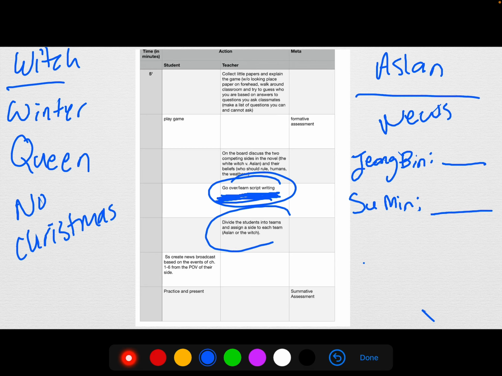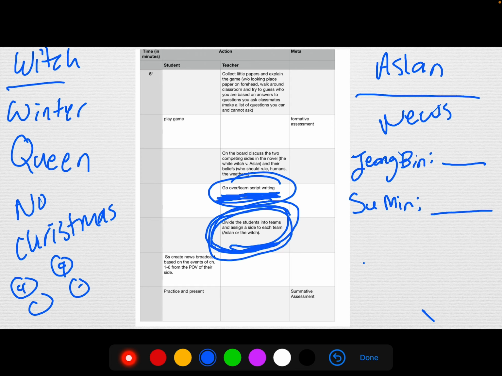So then I'll divide the students into teams and assign a side to each team. So if I have 4 groups of students, 4 groups of 4, if it's a small class, or maybe whatever, 20 students and there's groups of 4. So maybe these 3 will be the witch's news and these 2 will be Aslan's news. And I'll tell them,